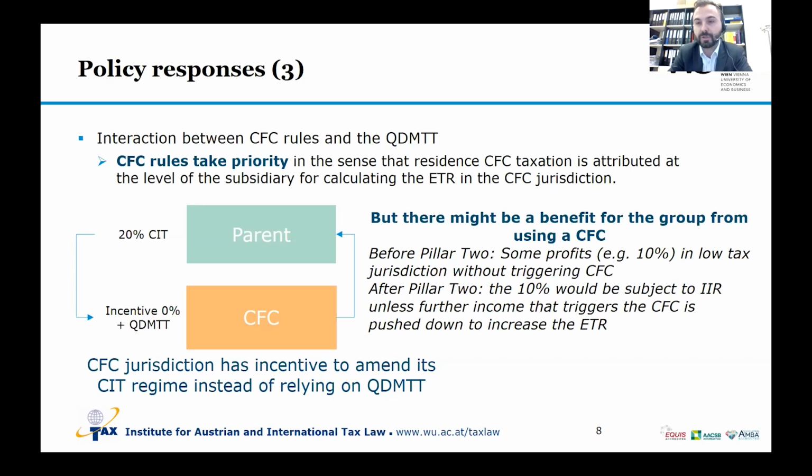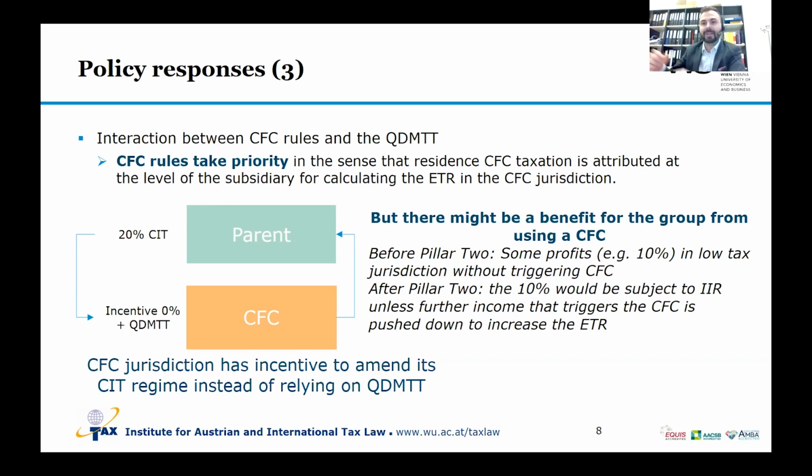However, this very same multinational might choose to do something else. It keeps the CFC as is. It has the 10% of its profits taxed at 0 rate, but then it pushes down at the level of the CFC jurisdiction further profits. They would have anyway been taxed at 20% in the parent, and makes sure that this time the CFC regime is triggered. So it establishes another company without substance, pushes down enough profits, in which way it makes sure that its ETR for the CFC jurisdiction is increased up to 15% because of these new profits that have been pushed down,